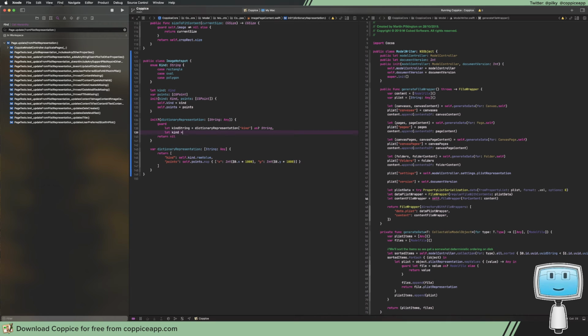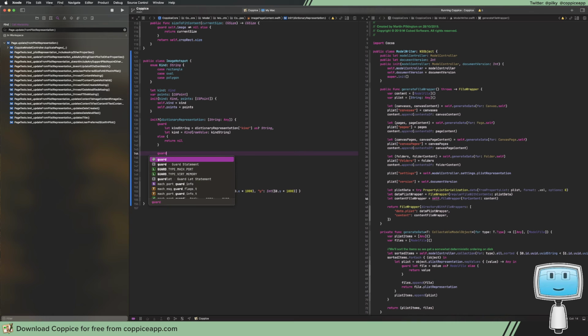Let kind equal kind raw value kind string, else nil. Actually, I'll do that after. We'll do these as separate things. Technically, I could put all these in the same guard statement, but